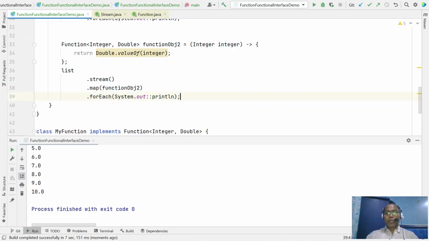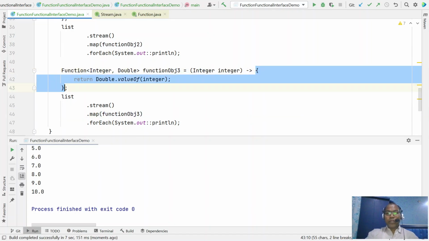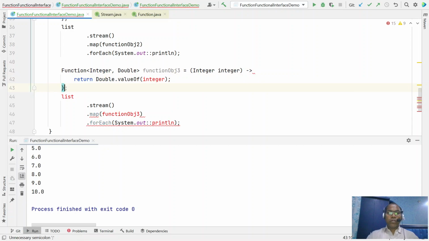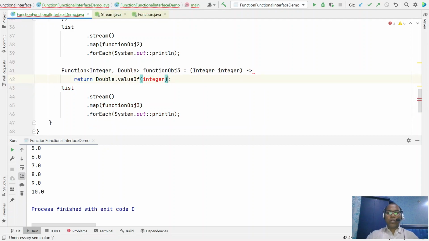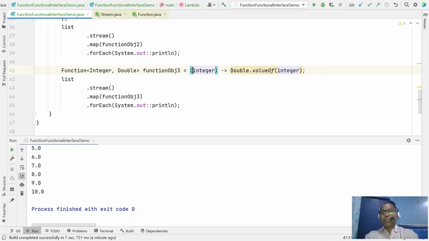Even the lambda expression has some special benefits. You can also change it: if your lambda expression definition has only one line, you don't need your curly braces. You can write it in a simple way. If it is only one line, you don't need return either. Just remove it. Look, this data type is already defined by this function's input type. You can even remove the data types.